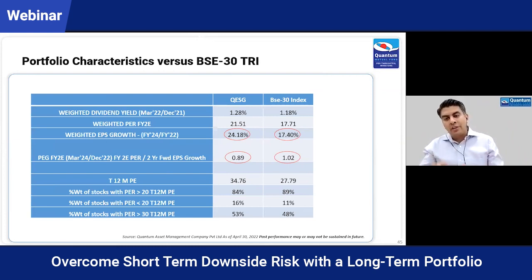But if you were to look at the next 2 years, because we invest for the growth of those companies, the earnings growth over the next 2 years for the ESG portfolio is upwards of 24% versus around 17.5% for the BSE 30. So significantly high growth for these companies. And if you were to adjust the current PE to the earnings growth that the portfolio offers on a PEG ratio basis, which is PE adjusted for growth, it is at 0.8 times, cheaper than the BSE 30. So it may look expensive on a trailing basis, but on a forward basis, the portfolio is cheaper than what it should be.